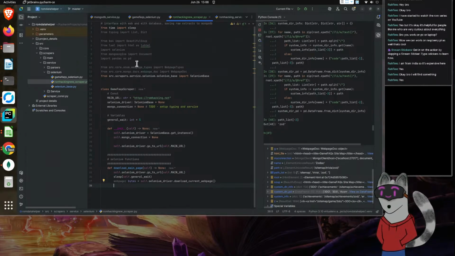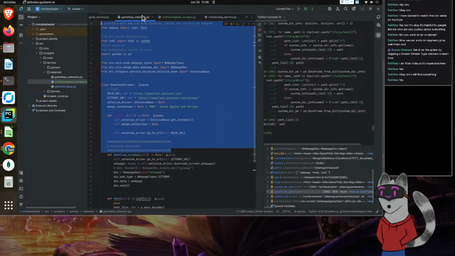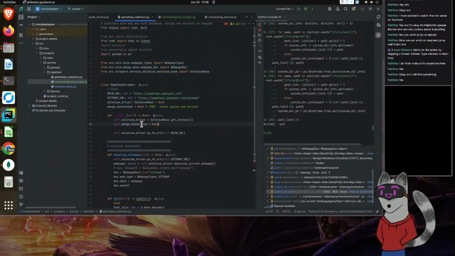Because this is also going to be, where are you? Here we go. So Selenium driver, Mongo connection. Did I not set that up? Let's see here. Set up typing and services.